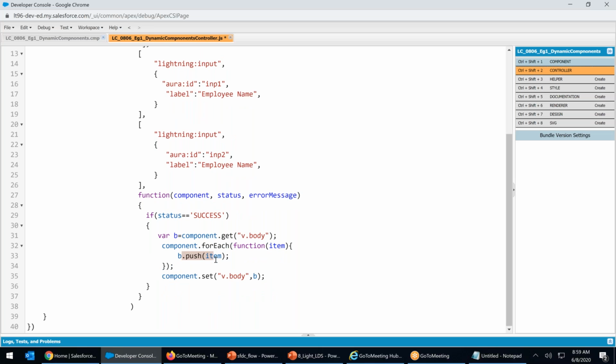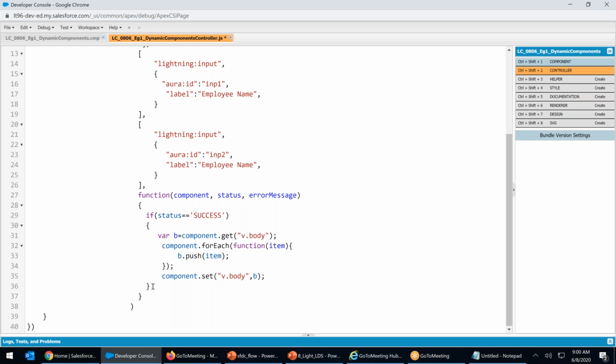I'm pushing it to the b one by one. That means 3 body instances I created in a loop, and then I'm pushing them to the b. On the b I'm pushing those items, and then once the b is ready, I'm transferring it to the v dot body. Right, v dot body. Everybody is able to understand?